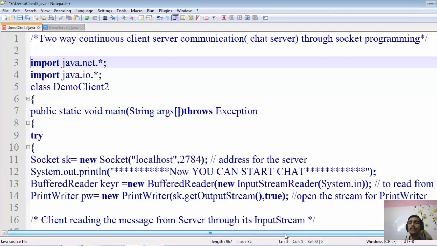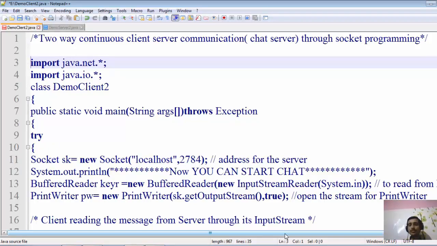So you know that when we create the object of the Scanner class, we introduce System.in inside the Scanner class constructor also. So it means that we are now in a position to read directly from the keyboard. We are not passing the message with the help of the PrintWriter, or writing with the help of System.out.println. We are now in a position to read from the keyboard.